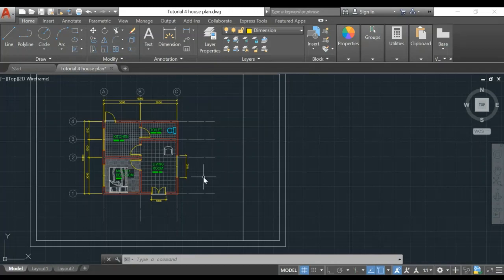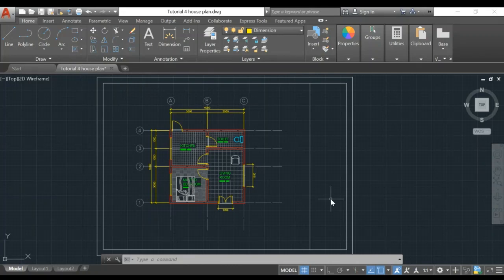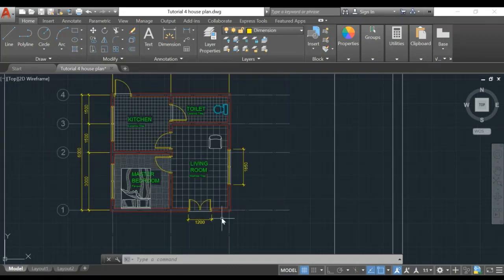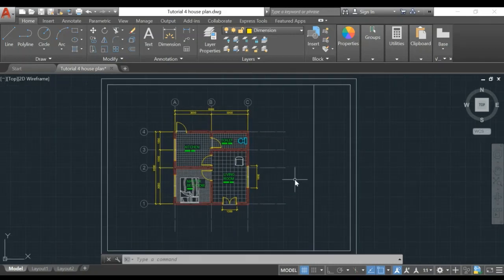And frankly, whatever I did here is just a minimum, right? So you're supposed to elaborate on whatever you learn. For example, the dimension: I just put a minimum dimension here, but in your assignment, you're supposed to make it complete, right? And make it having detail. Before we start with the section drawing, the first thing we have to do is create a section